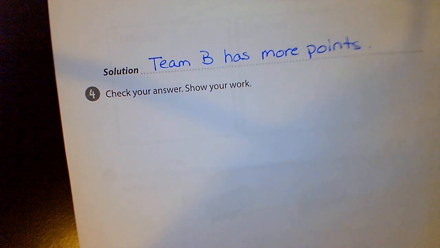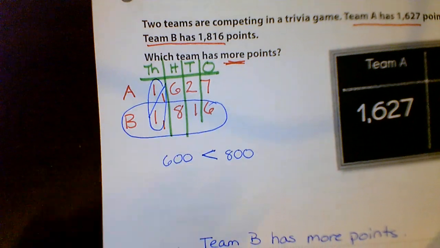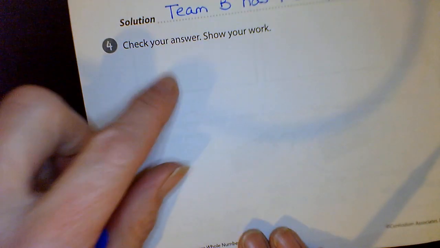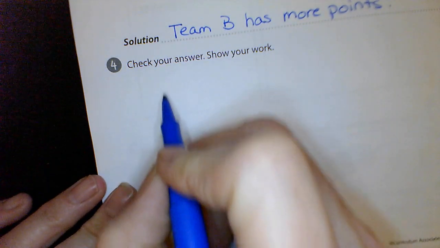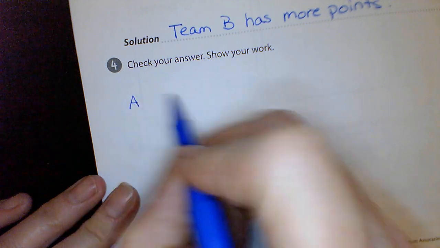So now down here it says check your answer, show your work. So there are different ways to check your answer. If I had not used a place value chart here, I would have shown a place value chart down here. Another option is that I could do expanded form for this. So let's go ahead and do that. So let's show that for team A,